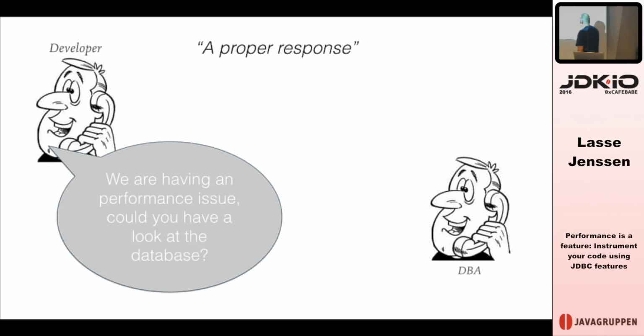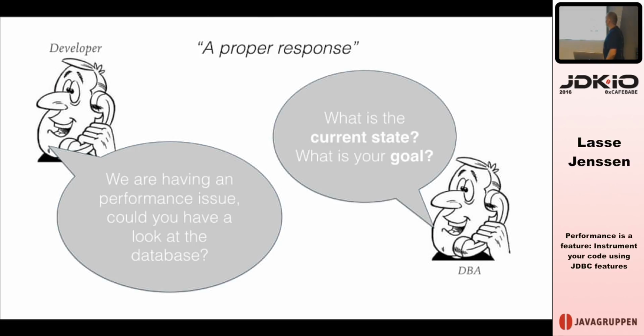Well, what would a proper response actually be if a developer called a DBA? Probably, or hopefully, he would ask something like this: what is the current state? What is your performance issue? What is going slow? And how slow is it actually going? And he would probably also ask, and this is a dangerous question actually, how fast do you want it to